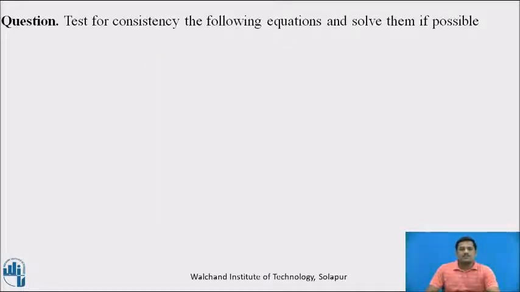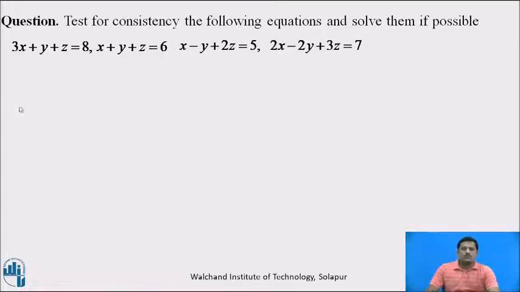Consider the first example. Test for consistency the following equations and solve them if possible. So these are the given four equations which we have to solve if possible. Solution: the first step is to write down the given system of linear equations in the matrix form AX equal to B, where A is a coefficient matrix, X is a matrix of unknowns and B is a